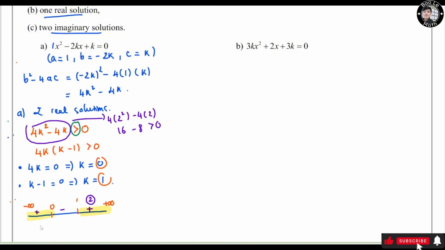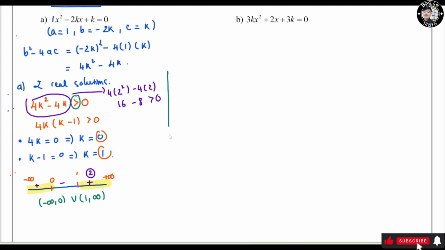And you need to write negative infinity, comma 0, union 1, comma positive infinity. We're not going to include the zeros right here because we don't have an equal sign right here. If we have an equal sign right here, then the guys right here must be the bracket, so keep that in mind. Now B,